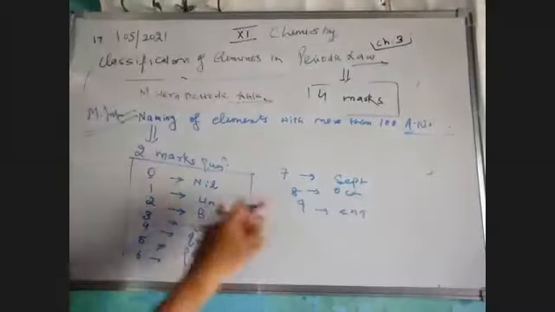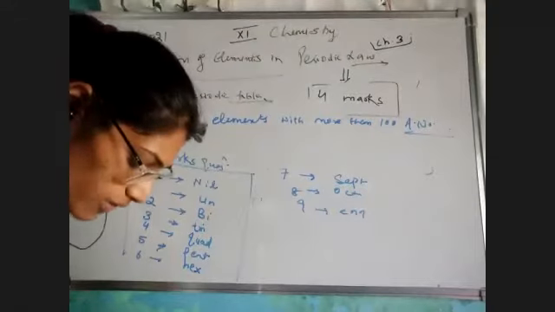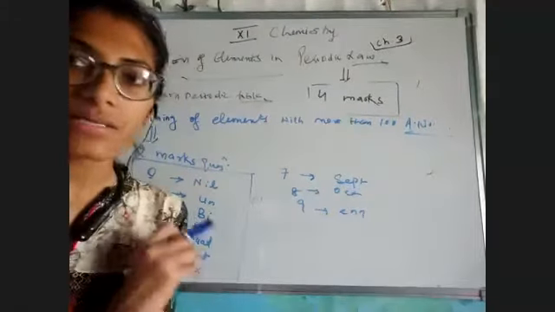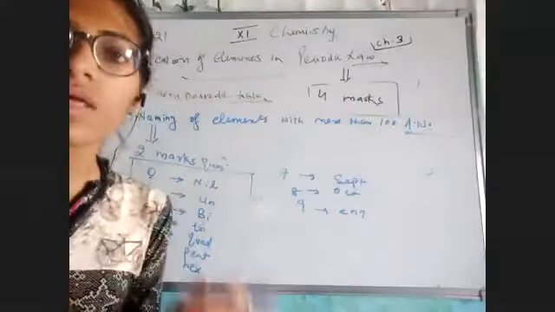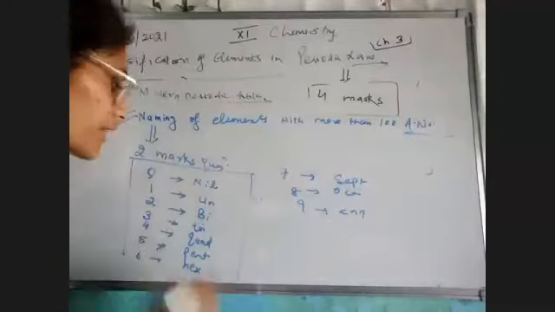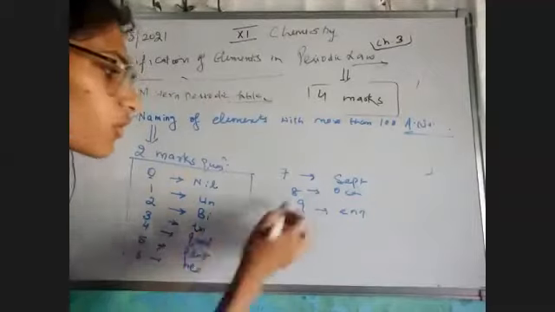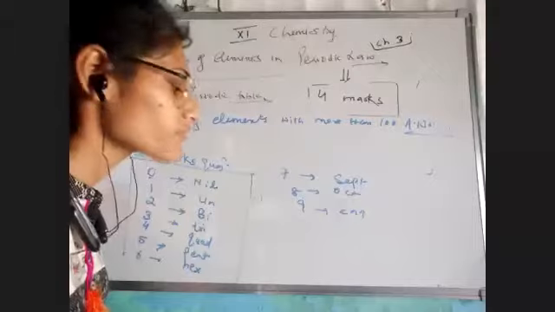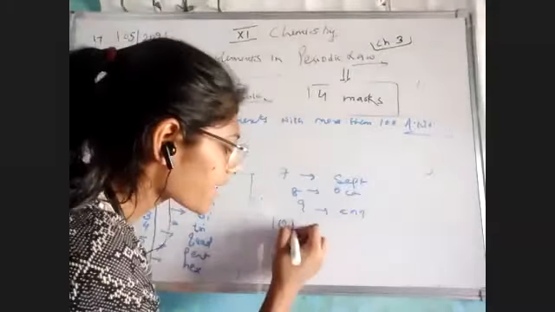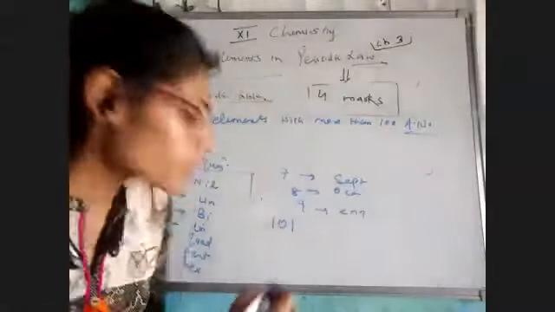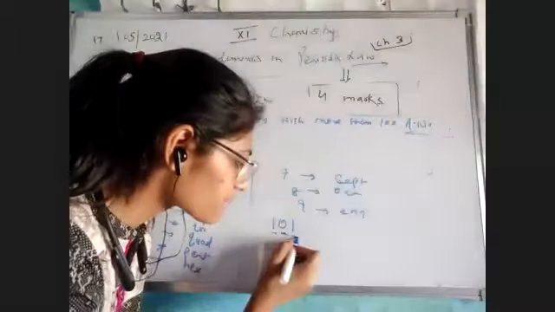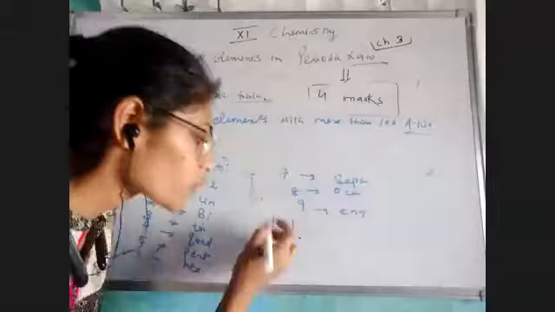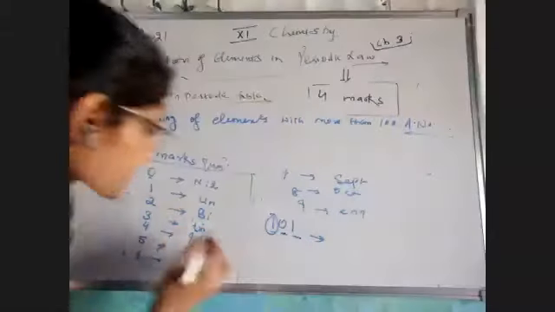From 0 to 9, we have taken all different names, and you will have to remember this. Okay, there is no two opinions in this, that you have to memorize this particular table, in which we have arranged from 0 to 9. Now let's take a simple example. Suppose I'm talking about 101. Now 101 has 3 different digits. So what will we do, first we will name the 1. What is the name of 1, un.